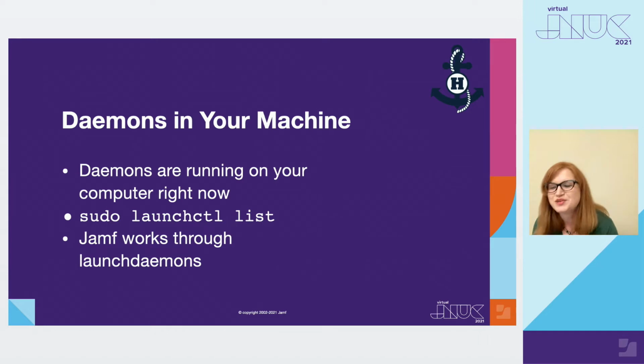So daemons are in your machine right now. There are a lot of them that run on your computer all the time. And you may have heard scary things in the news. A lot of malware runs on launch daemons and launch agents, and that's true. But a lot of really legitimate software also runs this way. If you go on your computer and type sudo launchctl list, that launchctl command, by the way, we're going to use a couple more times in this presentation. That is the command that lets you interface with launchd. So when you run launchctl list, that's going to show you everything that launchd has loaded right now. So anything that's running, sorry, not loaded, anything that's running right now.